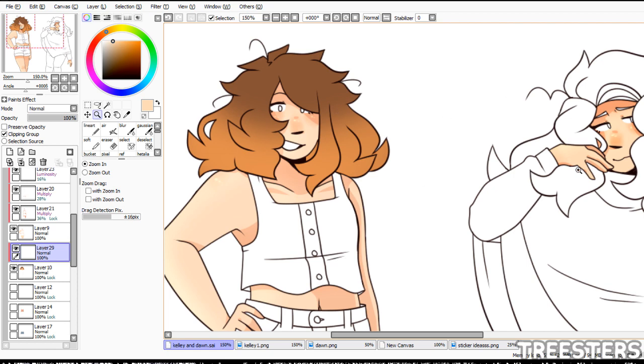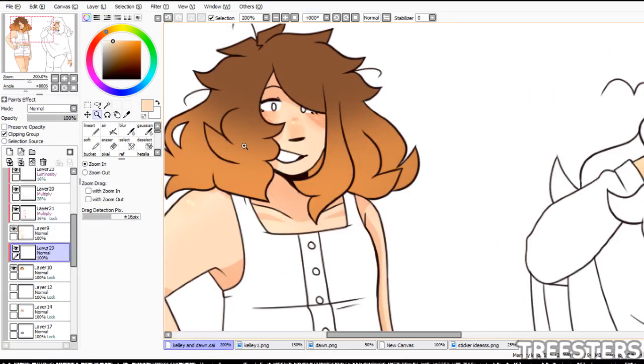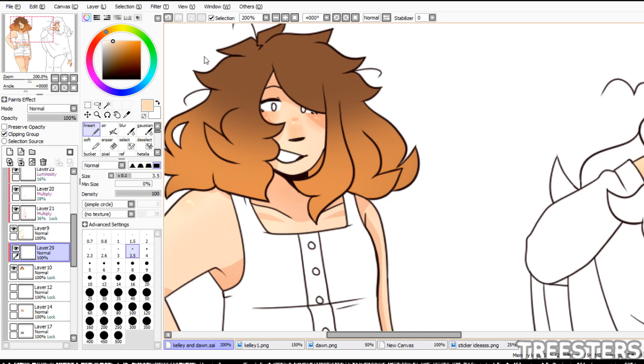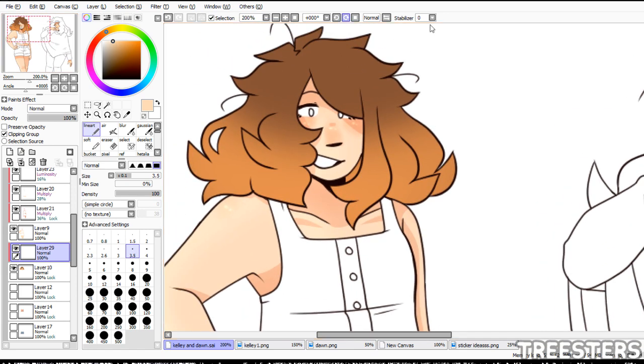Ombre hair is a bit harder because you have to do two different colors. It's weird because you have to make sure it matches both colors, and if it doesn't, then you're like, ah. I like to do one color, not multiple colors at once, but if you like to do that, you do you. So when you're dealing with hair,